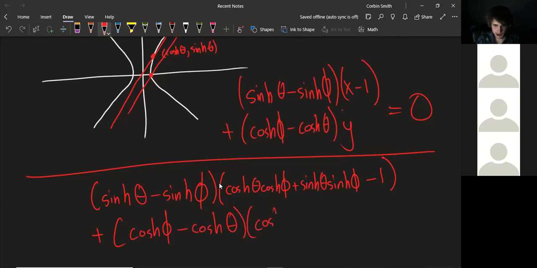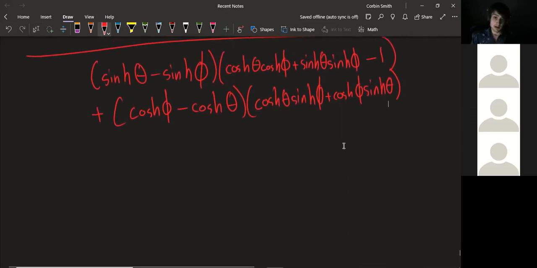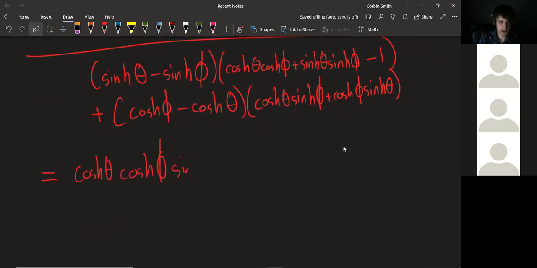And this is going to be cosh theta sinh phi plus cosh phi sinh theta. So let's multiply all of this. So we get cosh theta cosh phi sinh theta plus that's going to be sinh squared theta sinh phi minus sinh theta